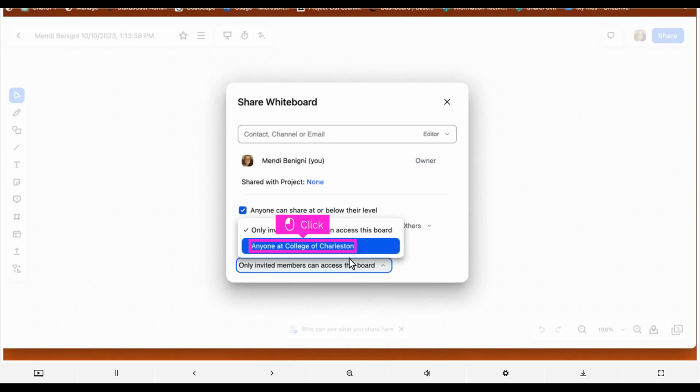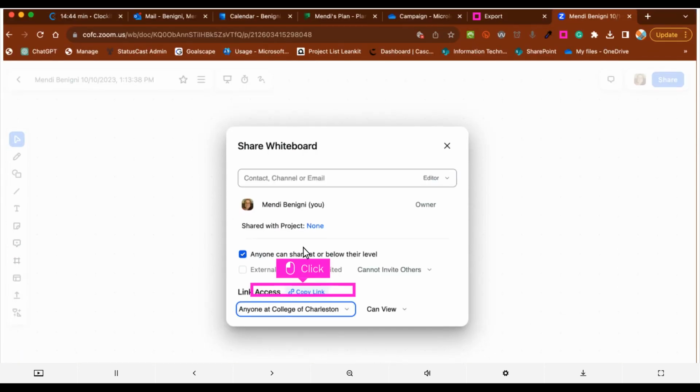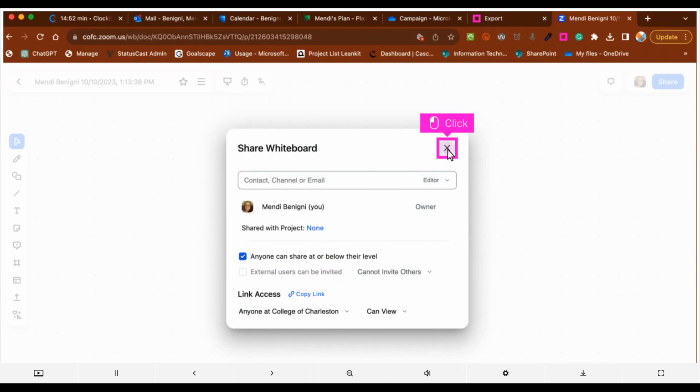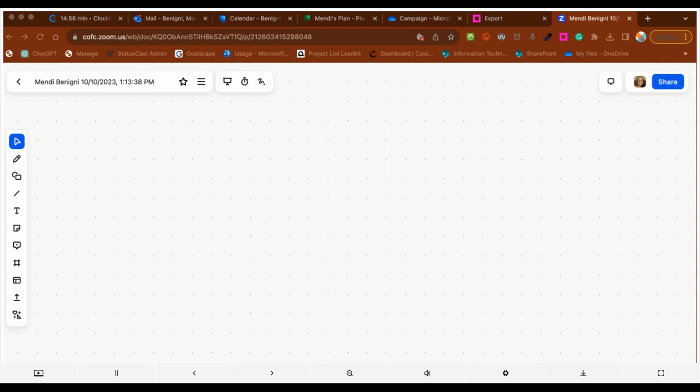Click Anyone at College of Charleston. Click Copy Link. Click Close. You can now share this link via email, in Oaks, in Teams, or by putting it on a screen for those to copy. To learn how to use the Zoom Whiteboard tool, check out our other short video on using